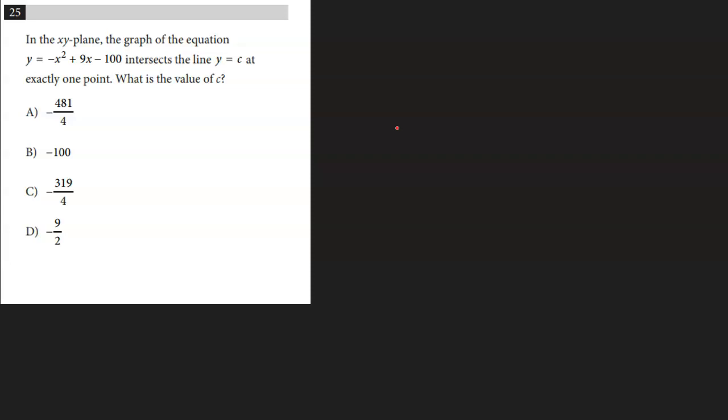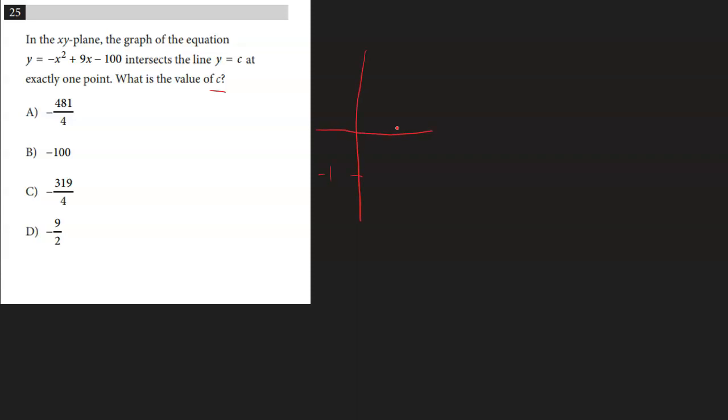All right, for number 25. So we found that they're asking us for the value of c, and I can tell that this is the equation, y equals c at exactly 1 point. Okay, well, if they give you a full equation, what I would highly recommend is plugging that into the Desmos graphing calculator that you will be allowed to use on your test. And if you go ahead and do that, it'll show you a graph that looks something like this, where this